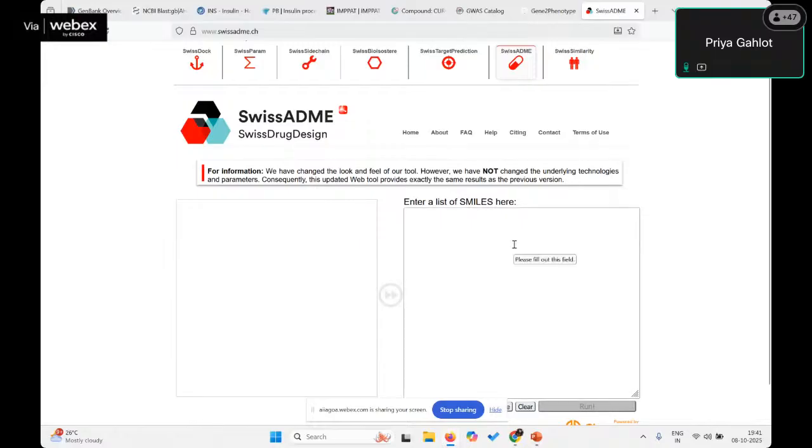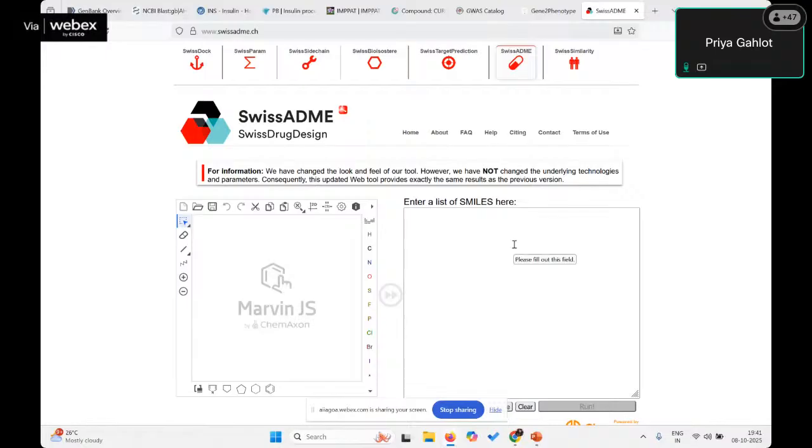So you can enter your SMILES list. You can get the SMILES list from ChEMBL and paste it here. And if you don't have SMILES for your bio compound, and you know the structure from some literature database, you can draw your bio compound here, and you can get the SMILES